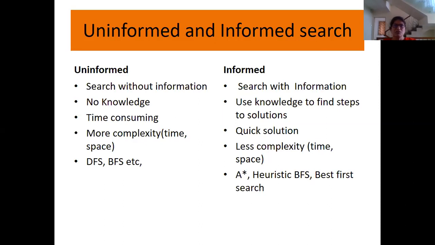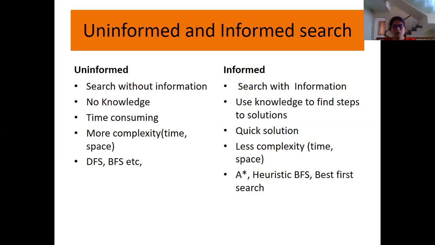In case of informed search, we have algorithms like A-star algorithm, heuristic breadth first search, and best first search. These all algorithms use heuristic functions, and these functions estimate the cost from a node to the goal node. So heuristic searches incorporate the use of domain-specific knowledge in the process of choosing which node to visit next in the search process. The search methods that include the use of domain knowledge in the form of heuristics are described as weak search methods. The knowledge used is weak in that it usually helps but does not always help to find a solution. That is why informed search may or may not give an optimal solution.